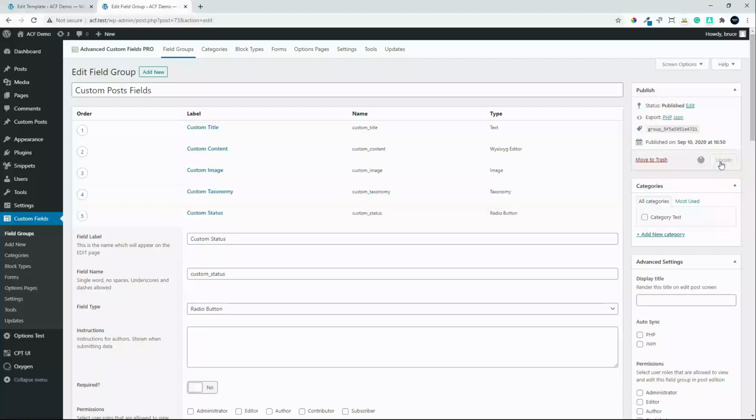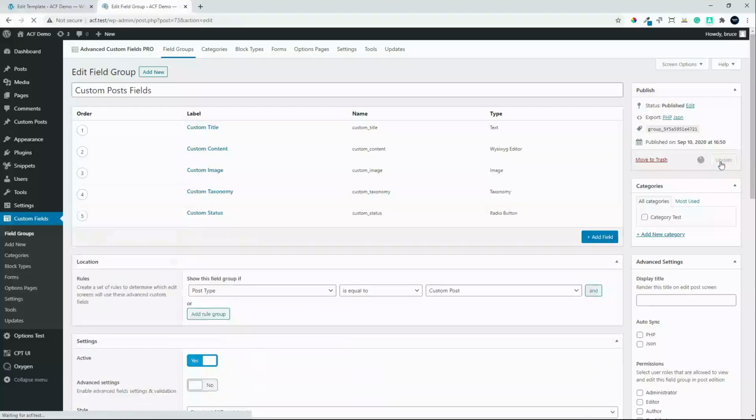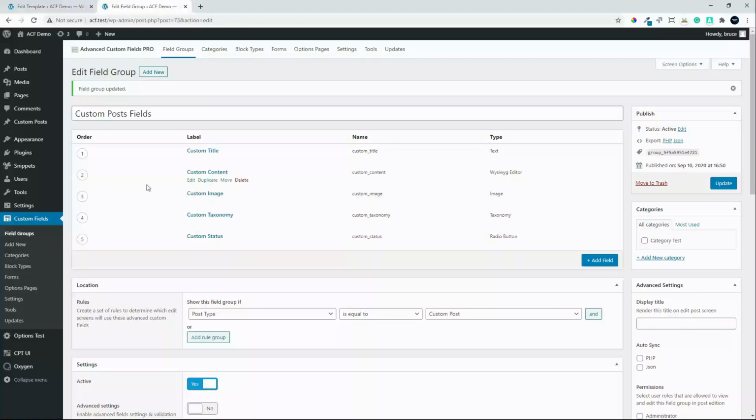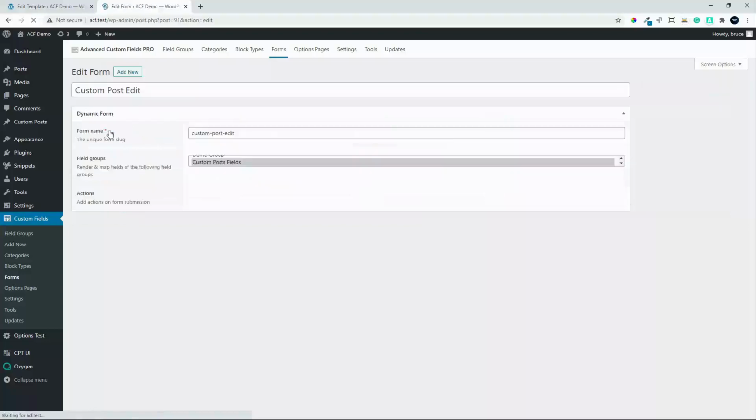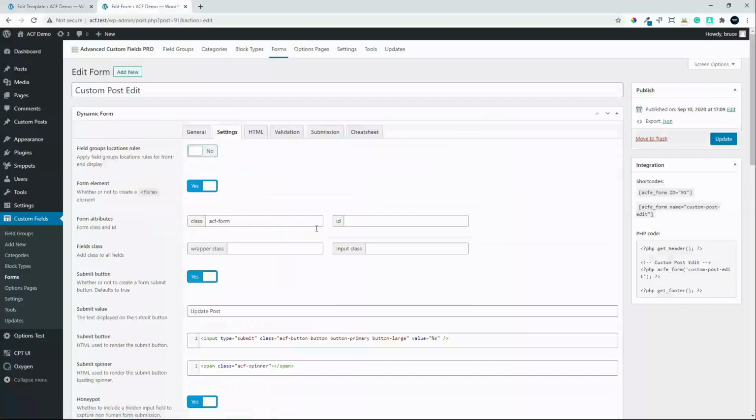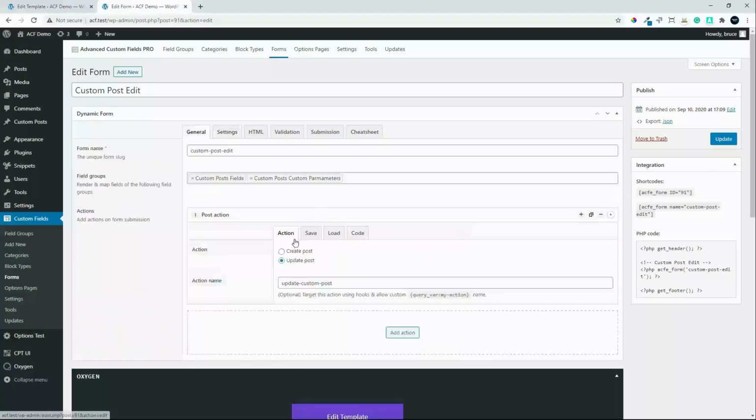And then we're going to update the field group, and now what we're going to do is head over to our forms, and what we want to be able to do is, on the edit post, the custom post edit form, we want to be able to edit the post. So what we'll do now is on load,